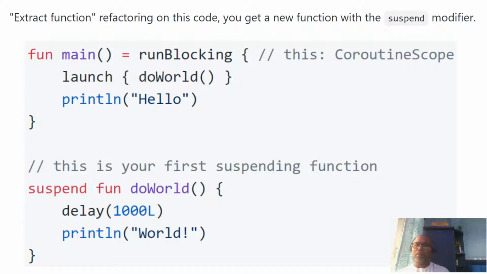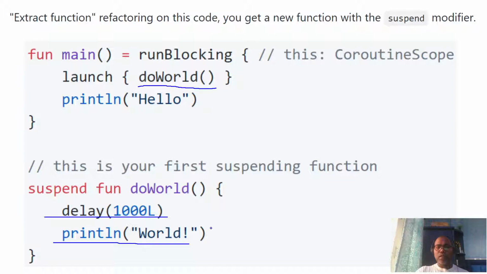Sometimes you have the option not to write all the code inside your launch. Maybe you already have an inbuilt method that you want to use. In our example, we have two lines of code.